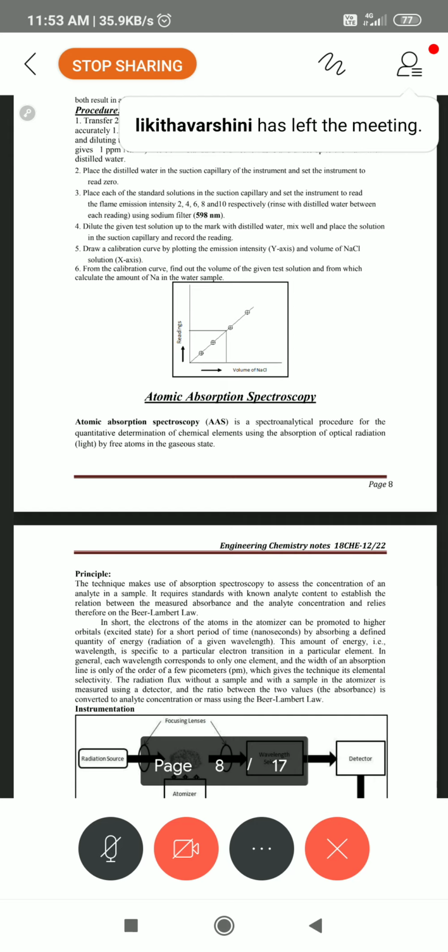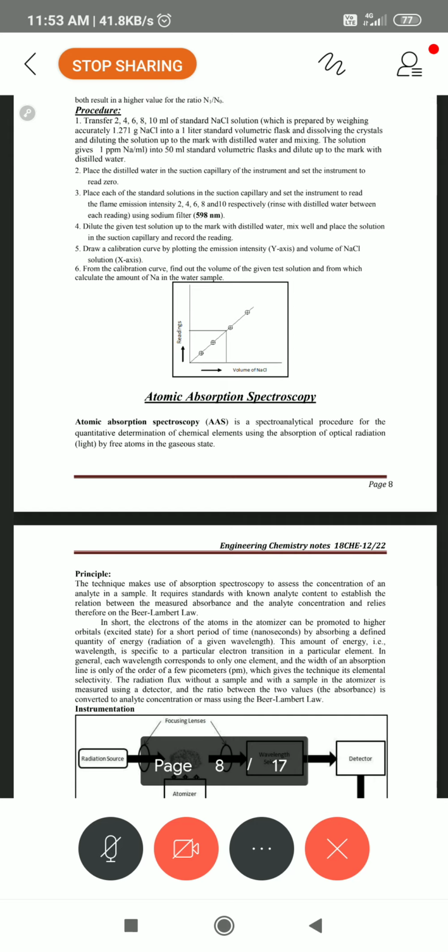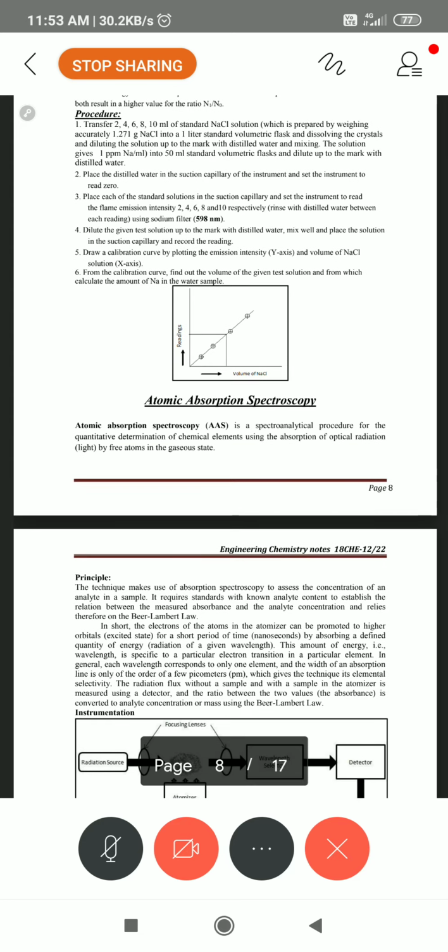In that, you can draw the graph exactly as a straight line. That is only for single calibration. If it is double calibration, the straight line bends a little bit, but there is not much difference. Whether you make it single or double, no problem. The result is very exact for us.